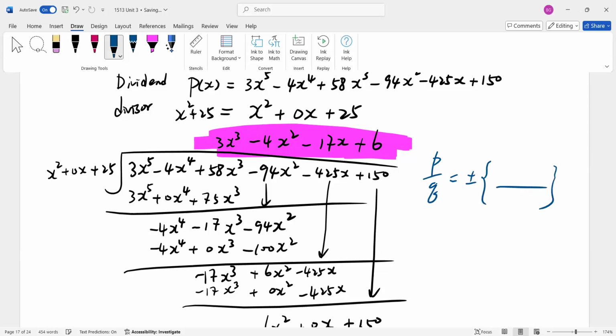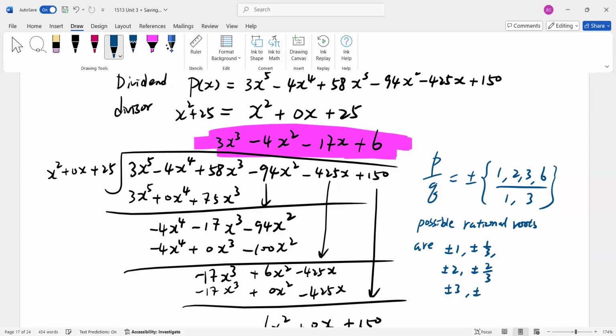The numerator is going to be the factors of 6: 1, 2, 3, 6. The denominator is going to be the factors of 3, which is 1, 3. So the possible real roots, actual roots, possible rational roots are plus minus 1, plus minus 1/3, plus minus 2, plus minus 2/3, plus minus 3, plus minus